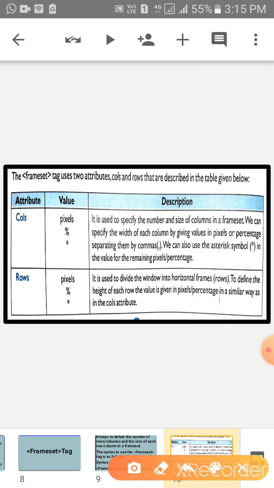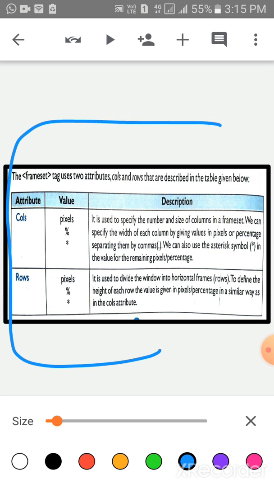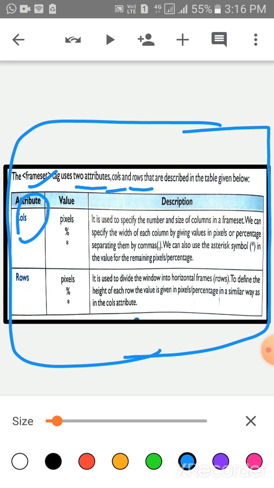Now children, look at the screen. You can see the frame set tag uses two attributes, cols and rows, that are described in the table. This is the attribute cols and rows, and the values in cols are pixels or percentage or asterisk, and in rows the values are pixel, percentage and asterisk.